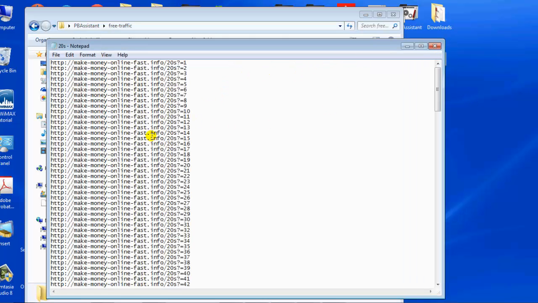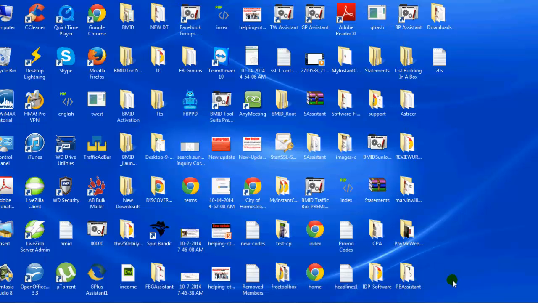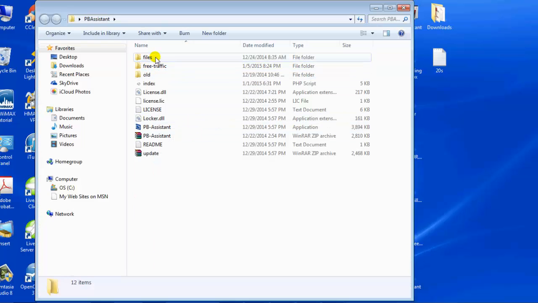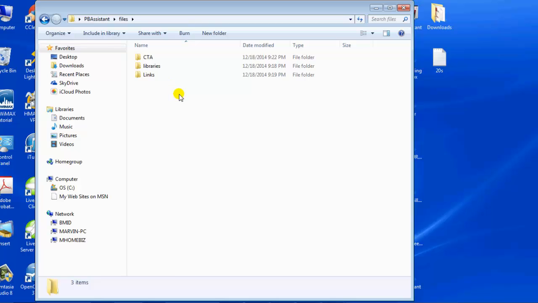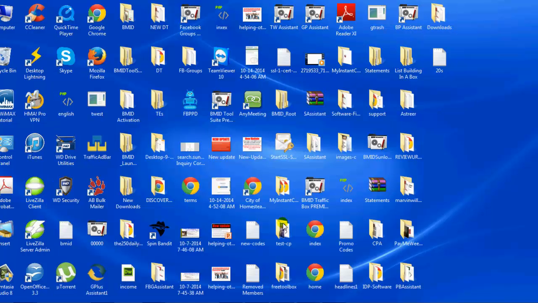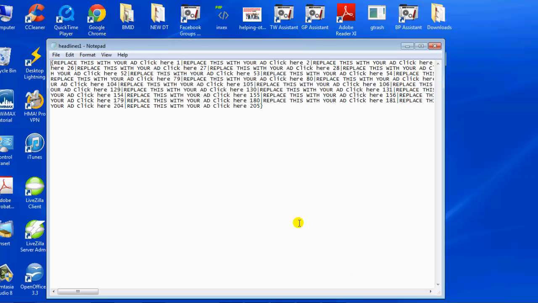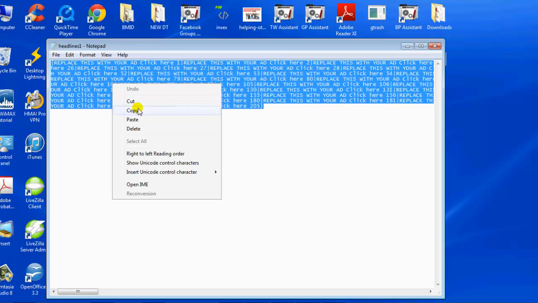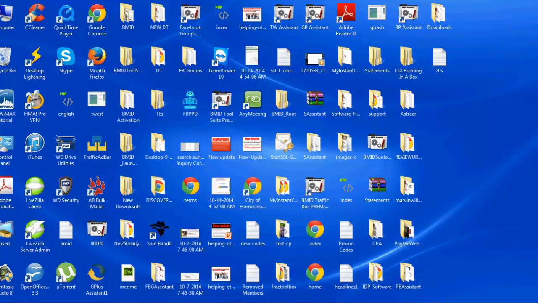So I'm going to come over here, let me just go back over here one more time and get the headline ads that I'm going to need to go along with this. Okay, so give me a second here and make sure I grab the right set of ads that I'm going to be using. So I go back into my software. Okay, so this is not the folder that I'm looking for. So let me just see if I can find my headlines that I have in here. So these are my headline ads. So these are the same file. So what I'm going to do is copy these over here. Okay, so I'm going to just copy them. And I'm going to go back into that folder